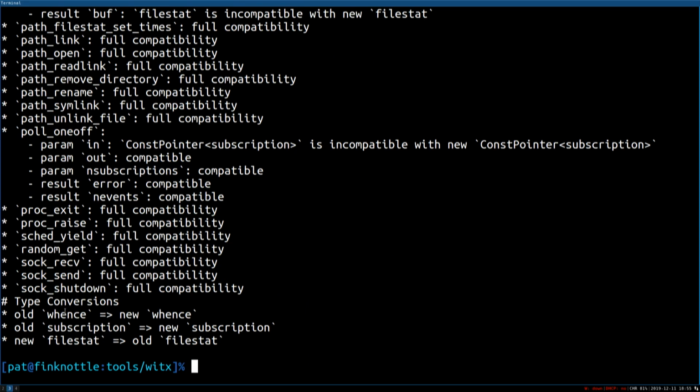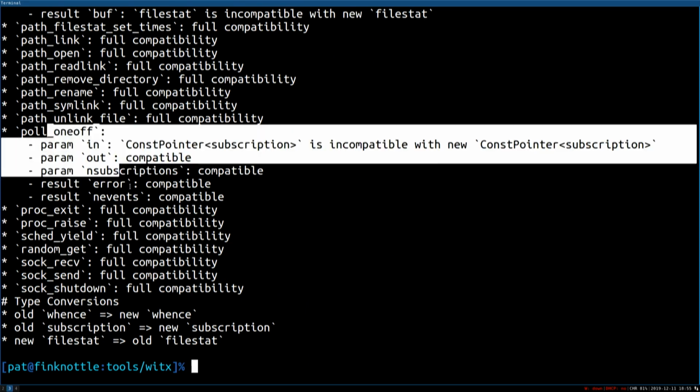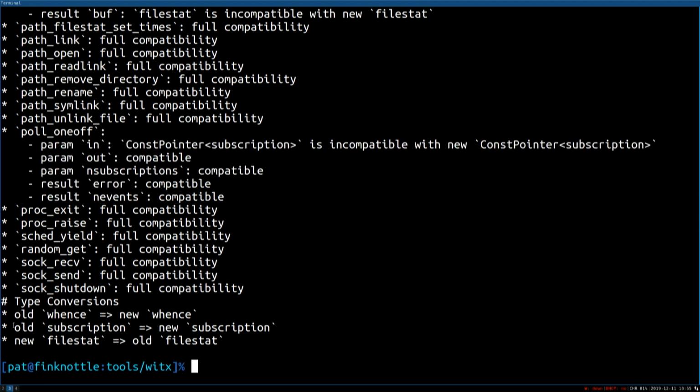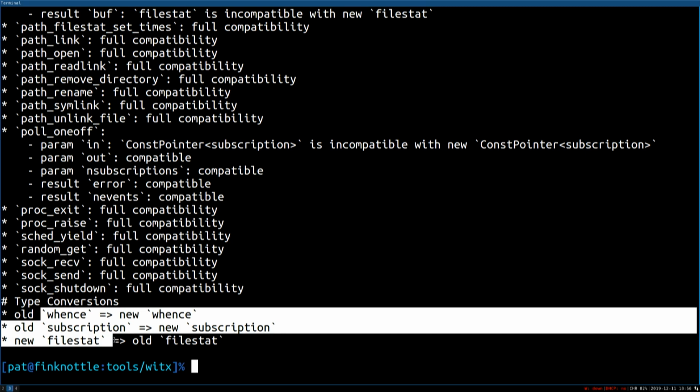And then down here it says type conversions. This is like, if you are responsible for implementing this, you've got to fill in the conversions in all of these call sites. But for the actual types themselves, the function you'll need to reuse to convert them back and forth is you just have to implement these three functions. Turn old wents into new wents, old subscription to new subscription, and new file stat into old file stat. So that's your current maintenance burden, all summarized as markdown. And my next trick is that I want to actually make that generate the implementation for those, just given these three functions. I haven't quite gotten there yet, but I promise I will do it soon.